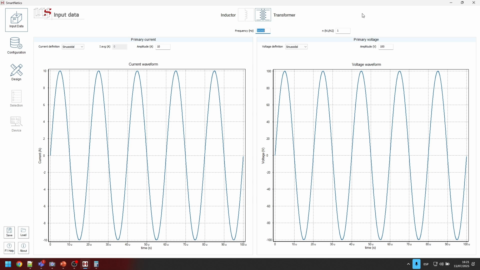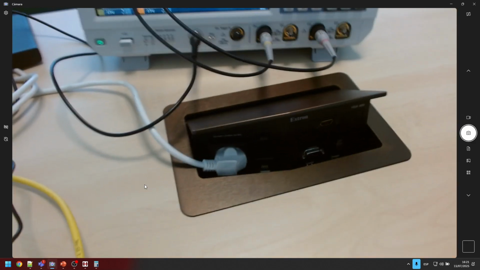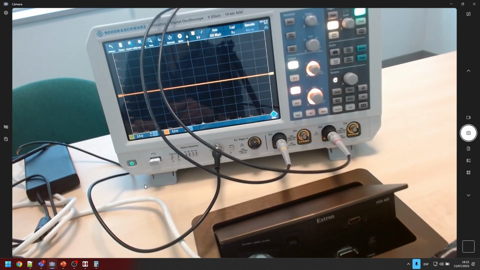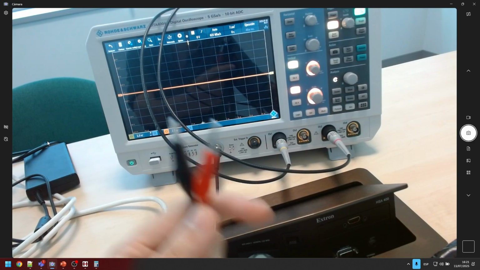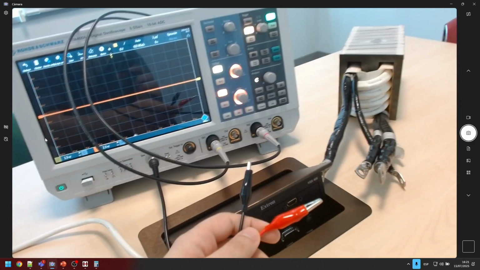That can be done with a signal generator and a multimeter or something like that. In this case, to make a more visual representation of that, I'm going to use an oscilloscope just so we can see the relationship between those two. Back to my camera, I have an oscilloscope in here. Okay. The good thing about this scope is that it has a signal generator, so I'm going to connect positive and negative terminals to the primary side.